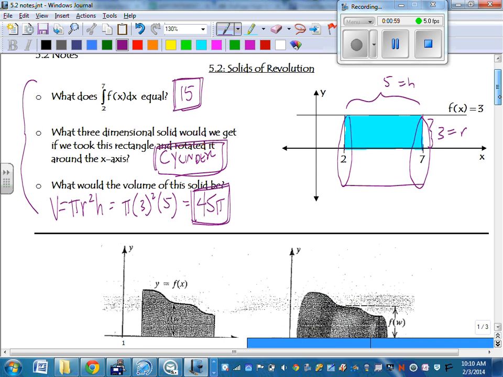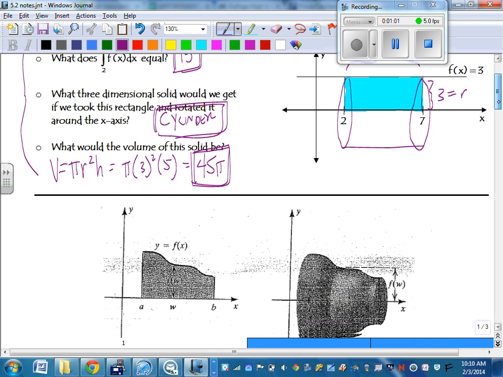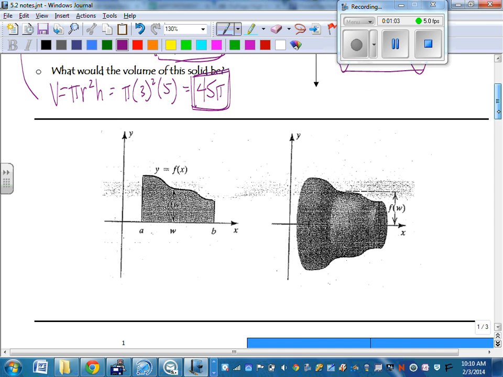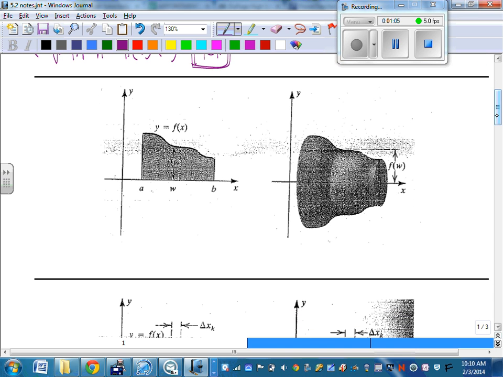All right. So that kind of leads us to what we're going to start doing in this section. Last section we looked at just area between curves. Last chapter we looked at area under a curve. So like this first part here,